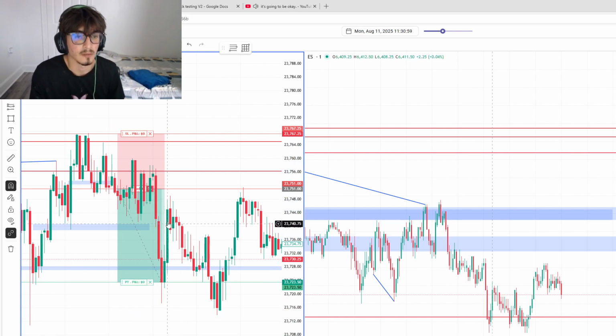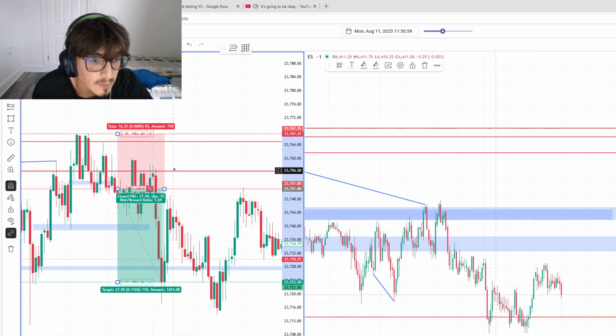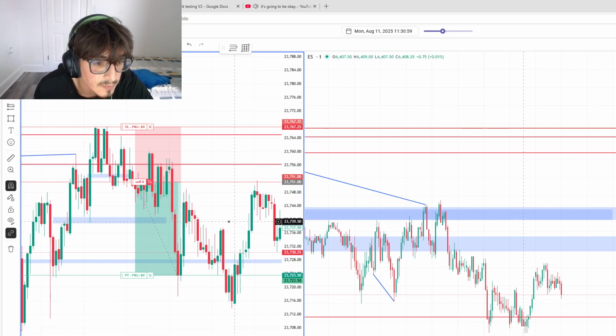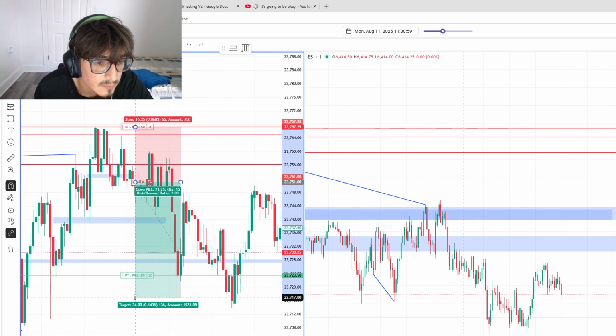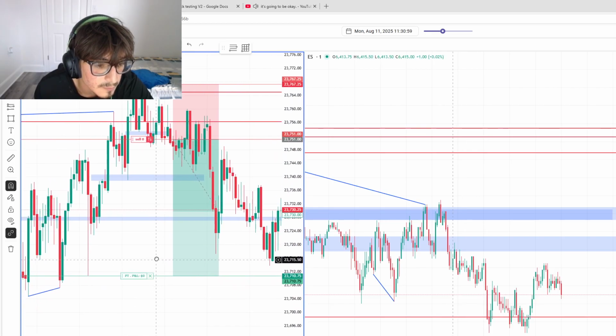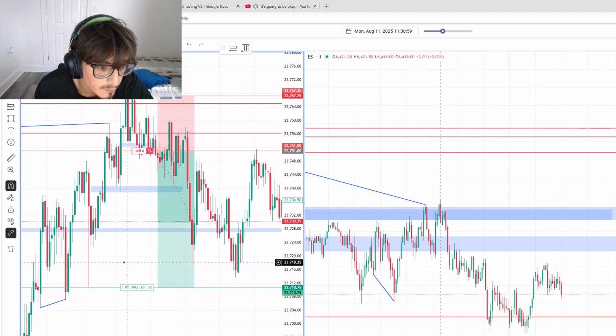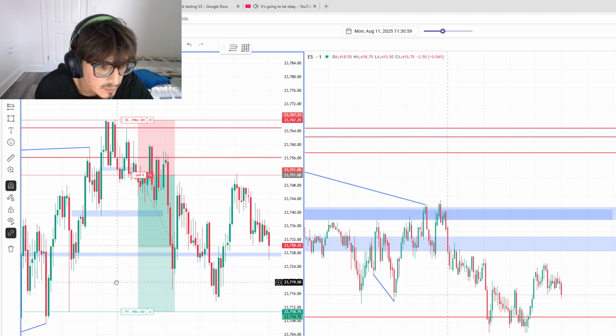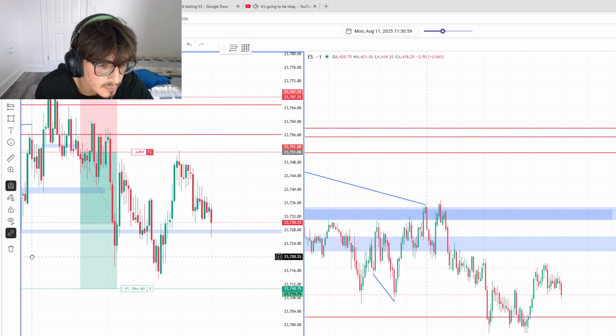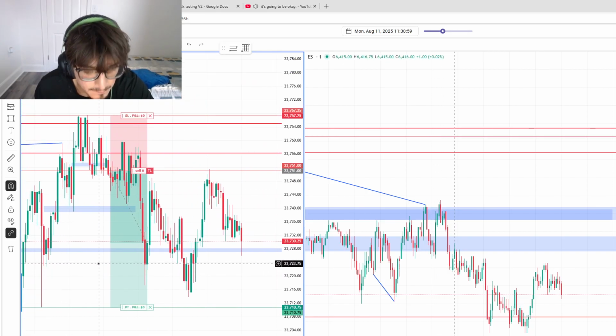No. So I'm not even going to add this to my fade journal because this is just something I just didn't really take. Well, actually, yes, I will add it. I need to start adding these types of trades. I would have my stop loss there, my TP there, because there's nowhere else I can really justify us stopping at.